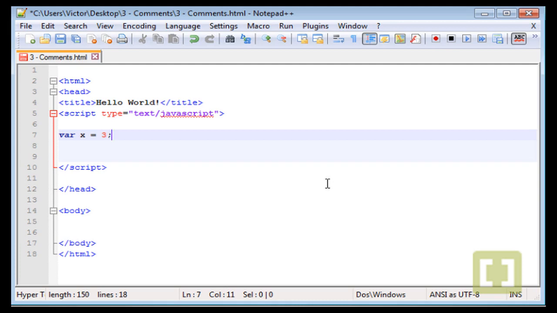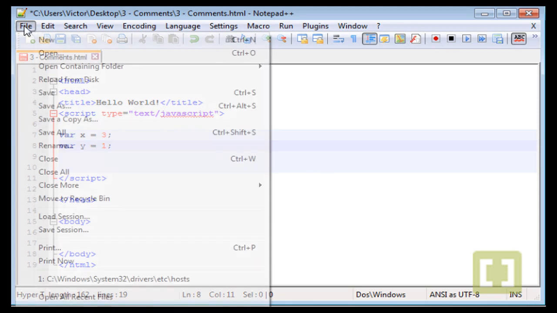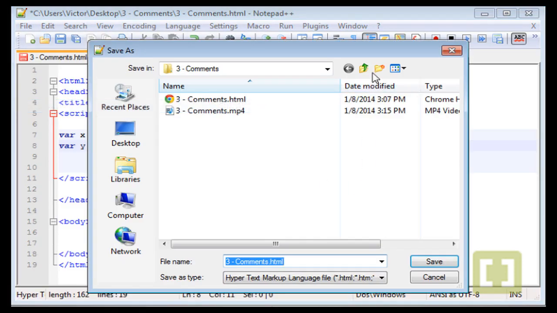And semicolon. Remember to always close the line with a semicolon. Now, let's do another variable called y equals 1 and semicolon. Okay, so let's save this as